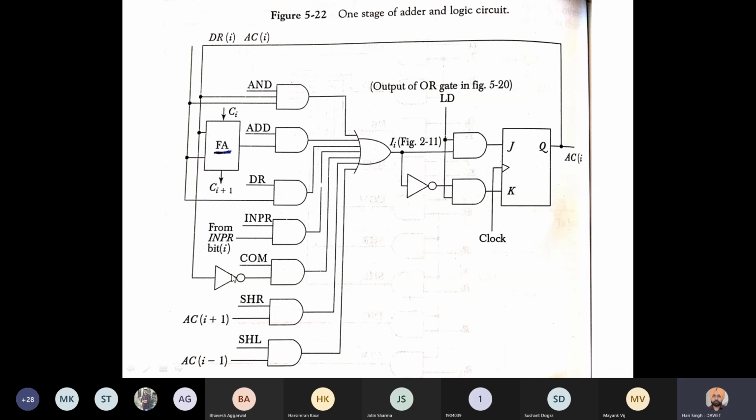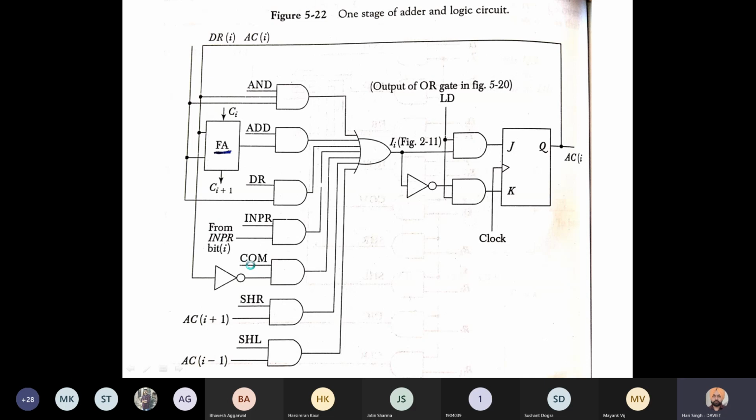For example, we want to complement the contents of the accumulator. This we do bit by bit. One bit from the accumulator is received, a NOT operation is performed, and then it is sent to the accumulator through this flip-flop, provided that the complement bit is active.